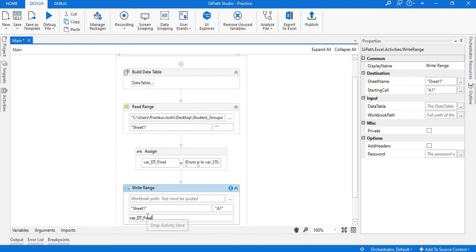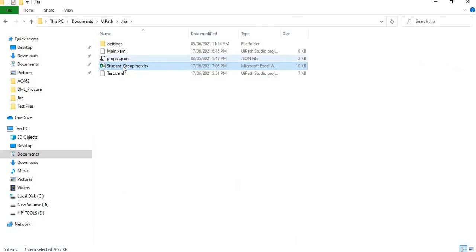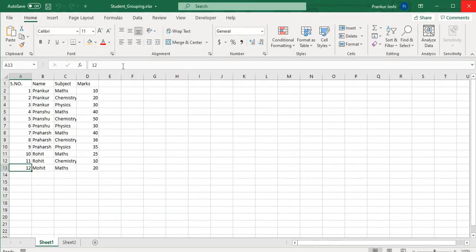Excel, but that Excel has already some data. So we will write it from here.